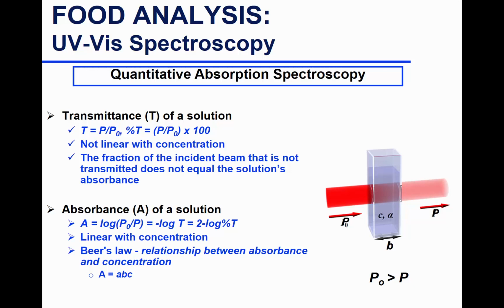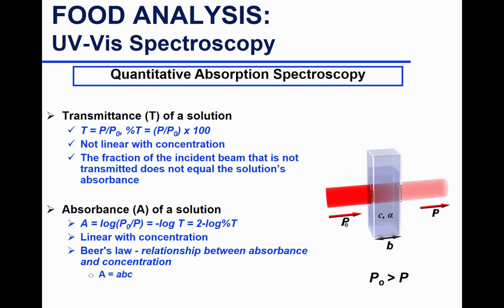Absorption is related to transmission, and this is the relationship. It's actually minus log T. And it does have a linear relationship with the concentration. And here is Beer's law, or Beer-Lambert law. It defines the relationship between absorption and concentration. And here is the most famous equation of the Beer-Lambert law, which is